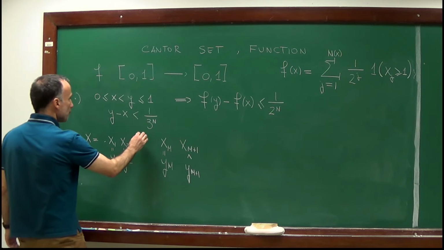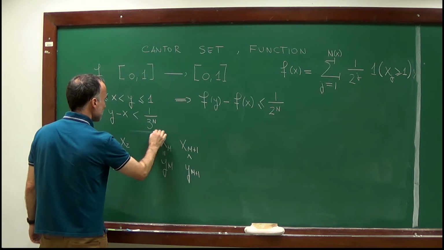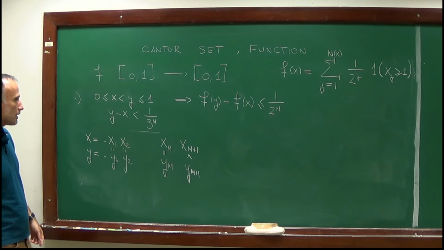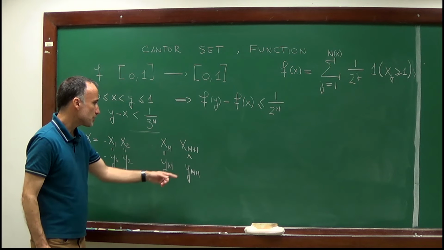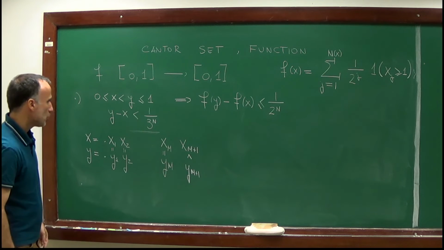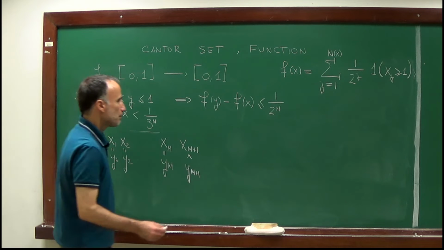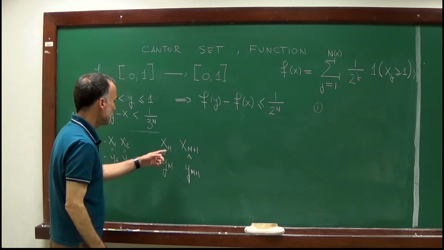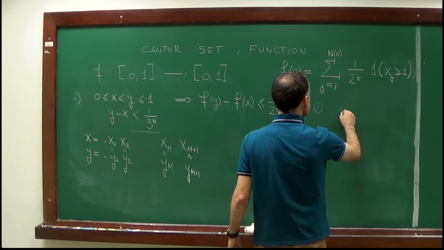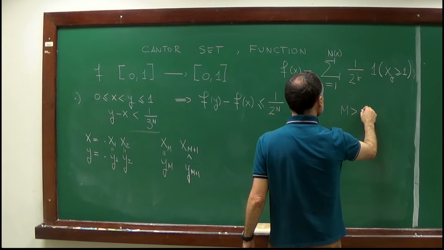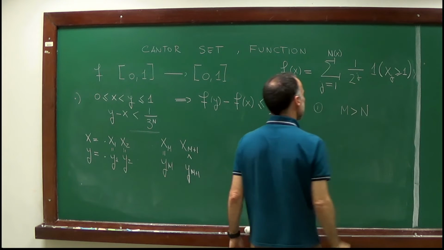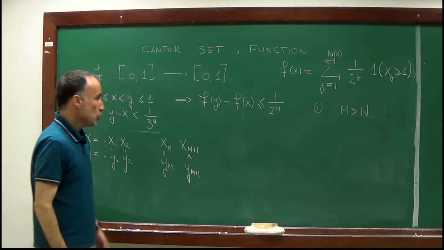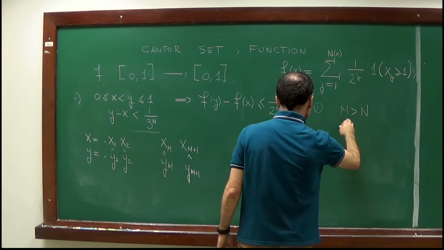But let's see what this assumption tells us. We know that y minus x is smaller than 1 over 3^n. So this will give us some information about m and n. So first, assume that m is larger than n. Maybe larger or equal, I'll see that in a second. So if m is larger than n,